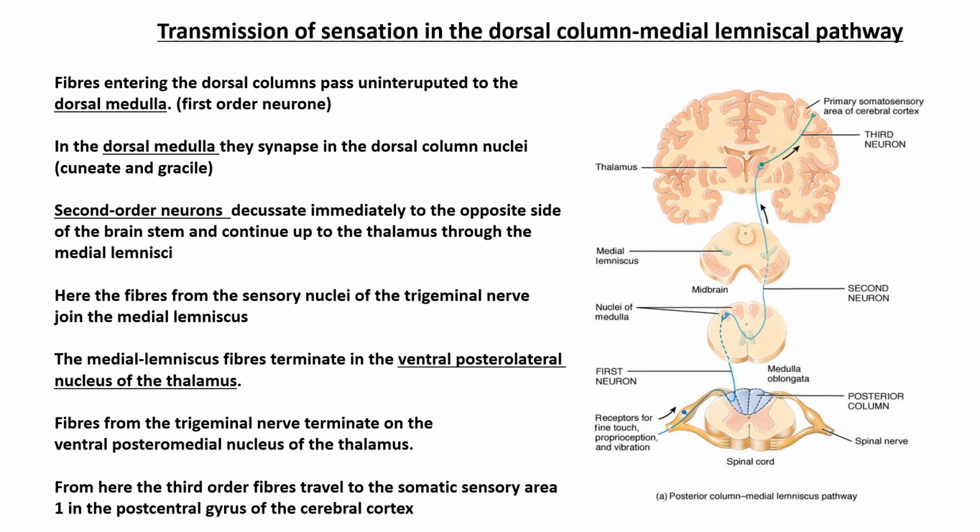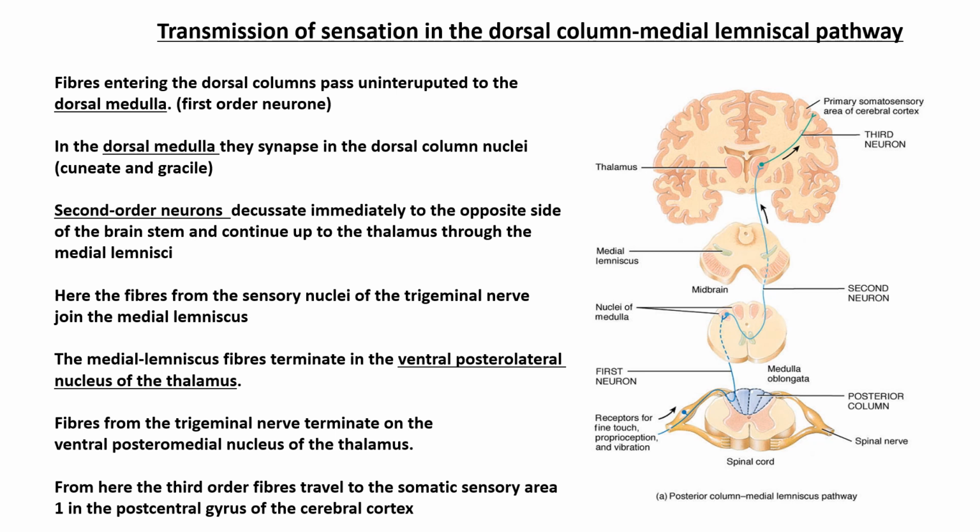So if you can see what happens here, I'm just going to repeat what I said just now. The fibers entering the dorsal columns pass uninterrupted into the dorsal medulla. They go all the way up to the medulla, and in the dorsal medulla they synapse, sorry, they synapse in the dorsal column nuclei. The second order neurons then decussate. So as you can see what happens here, you will see the difference between these and the anterolateral tract